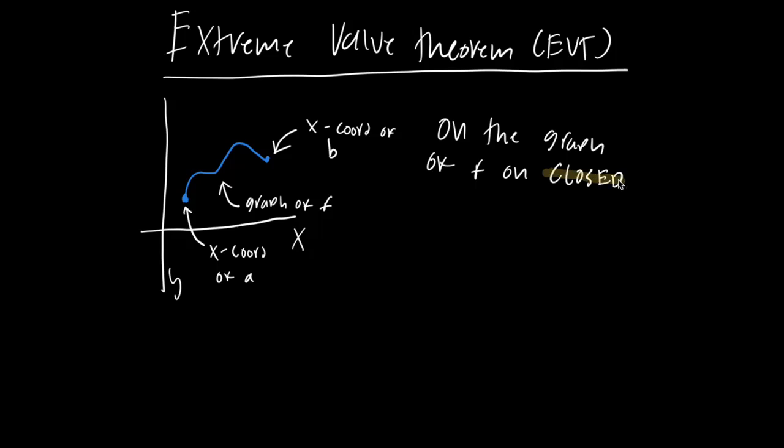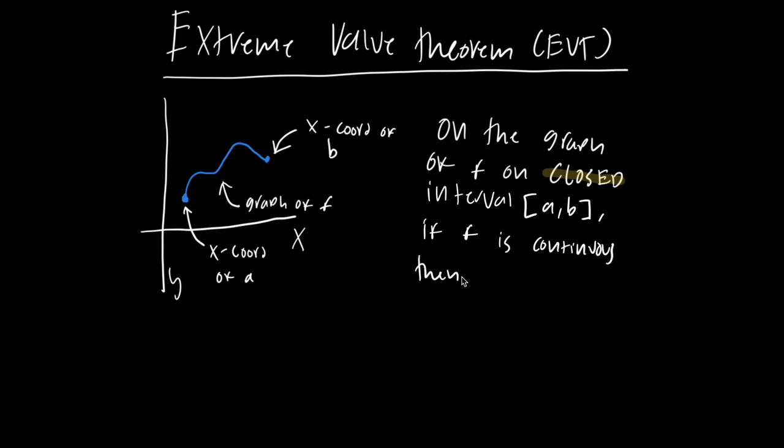On closed interval a to b, if f is continuous, then f has an absolute